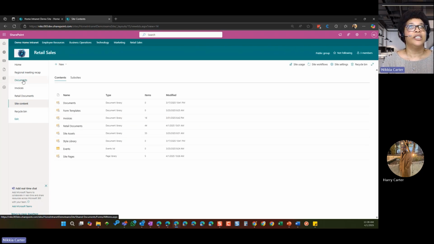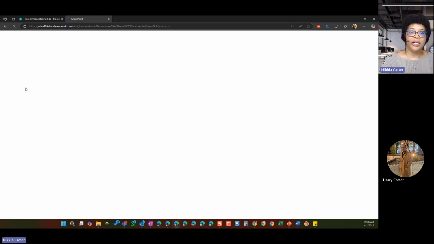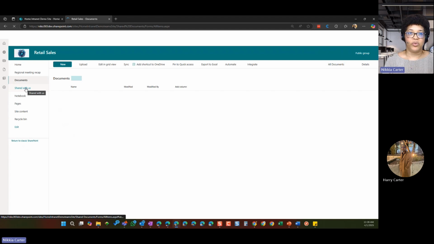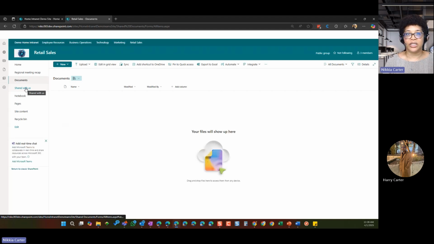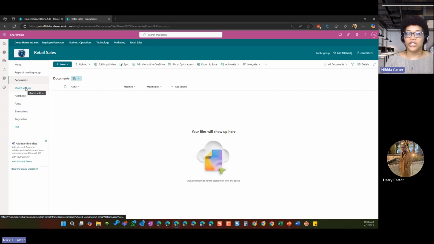All right. So I'm going to go to the documents library. The documents library is the one that's created every time a SharePoint site is created. So whenever a SharePoint site is created, you automatically get a document library with it. And that document library is the blank library that only has name, modified, and modified by showing up in its